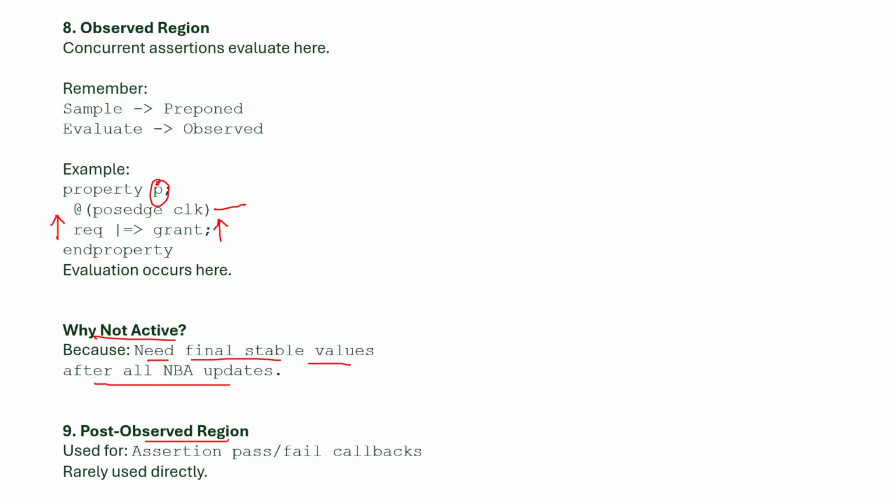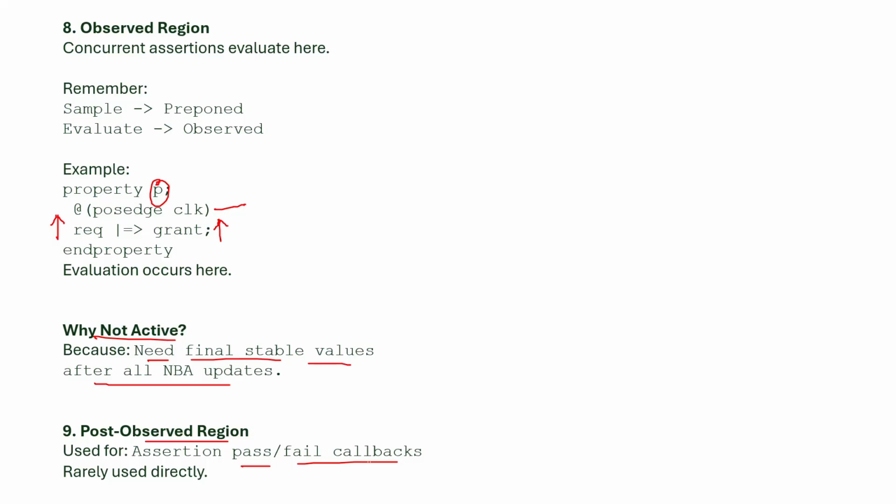And then the post observed region. Assertion passes or fails, and callbacks, the tools we are using, right? All these things are executed in this post observed region. In the observed region, your assertions will be evaluated, and then in the post observed region,